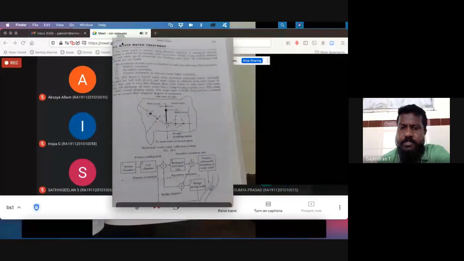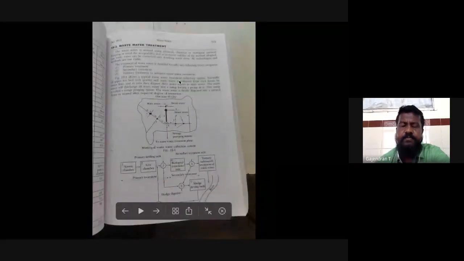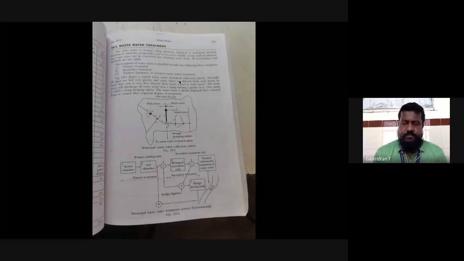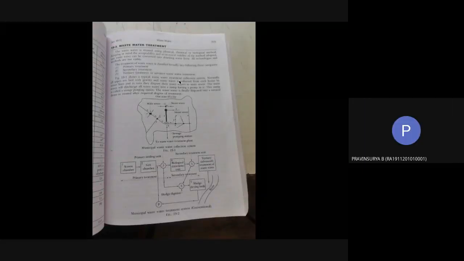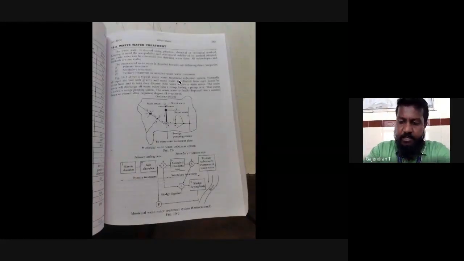Let me try to get it onto the computer so that I'll be able to share it. Please go through the contents that are shared as of now. I'll copy the contents to my computer and I'll share it to you. Screen share. You guys are able to see the screen? Yes, sir. So I'm not able to sequence the images, but I'll go through the contents and tell you what exactly these are.